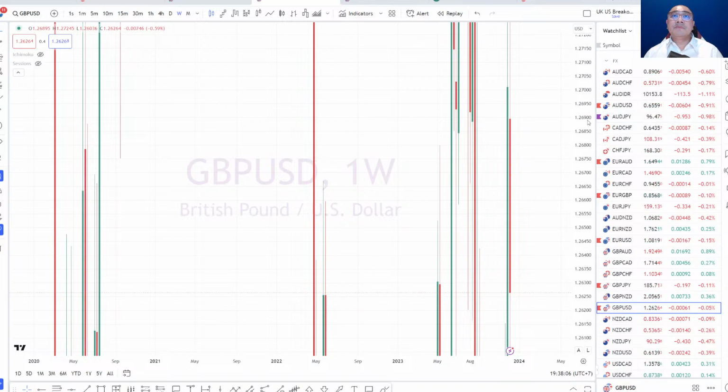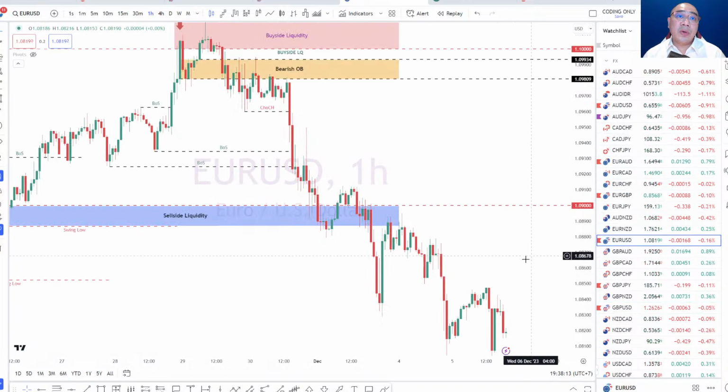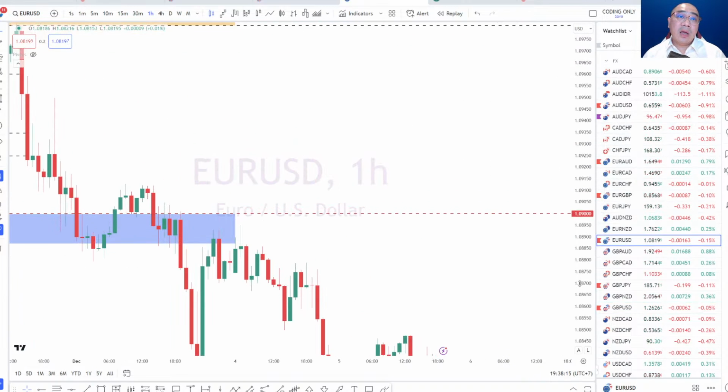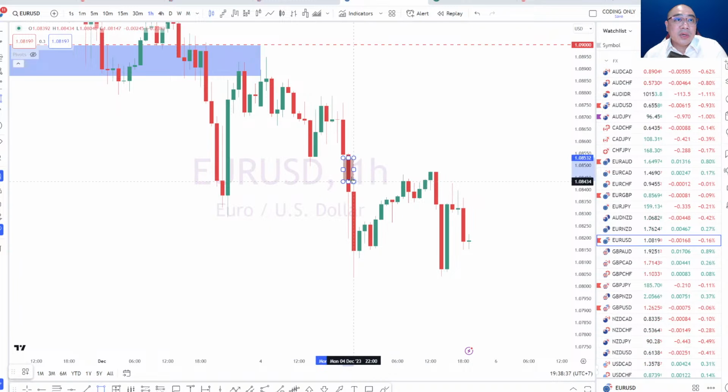Okay. So far, so good on the fair value gaps. We can do a lot more exercises. Right? Let's go on to the Euro USD. Is there a fair value gap here on the Euro USD? That's really obvious, because if you can point out something that's really obvious as a fair value gap, it becomes really apparent when you can actually understand the fair value gaps in the market, right? All right, so let's take a look at this one here. Immediately, you can take a look at this one here.